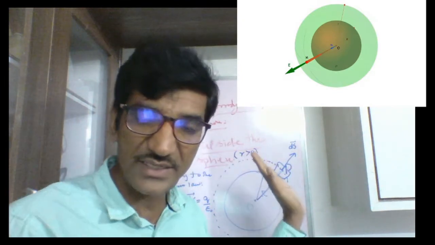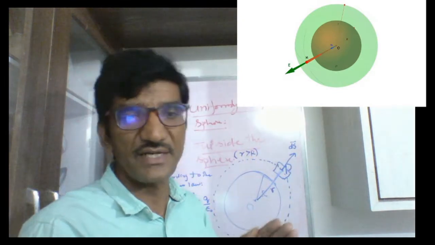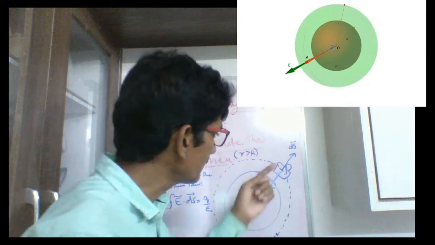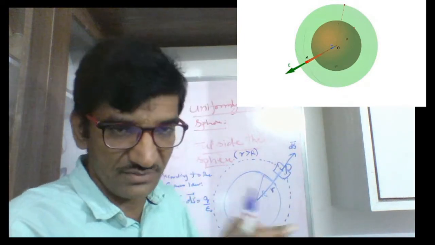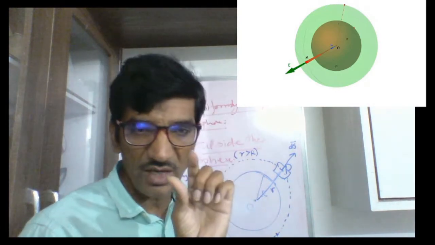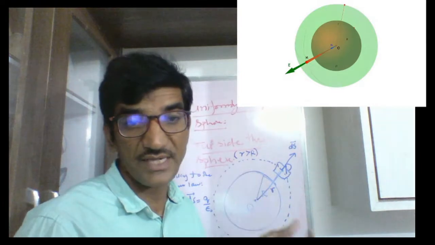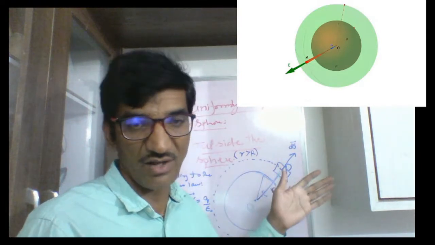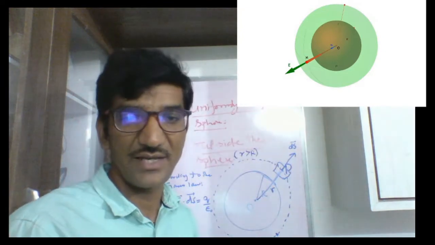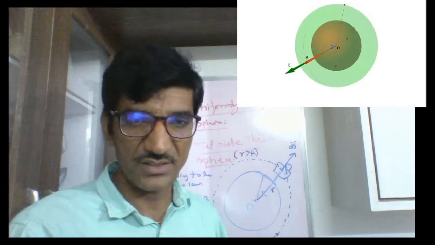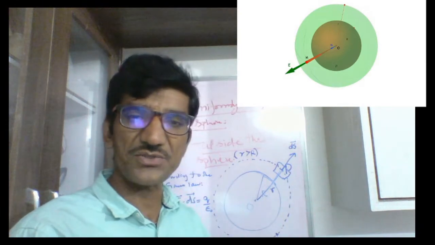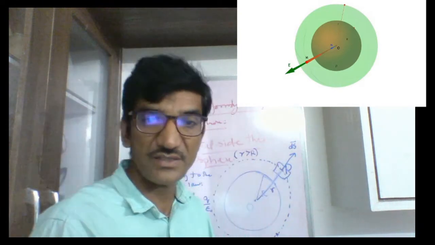If you take ds to be a vector, because it is a very small infinitesimal area, we treat this as a vector which is directed perpendicular to its surface. That you have to note. That is one important point. Whenever you take a small portion of surface area on the sphere, you may assign a direction for that. But if you take a larger area, at this point this is a direction, at this point this is a direction. You cannot get a single direction over that surface. That's why we treat only infinitesimal surface areas as vectors. The direction of this vector is ds.